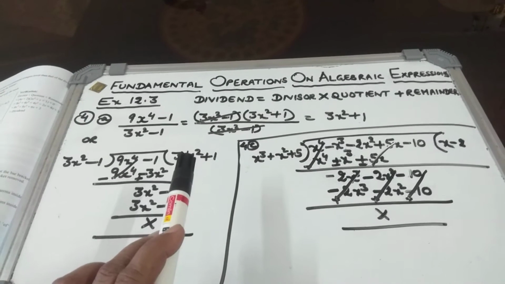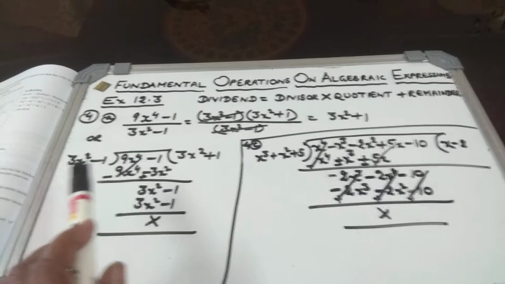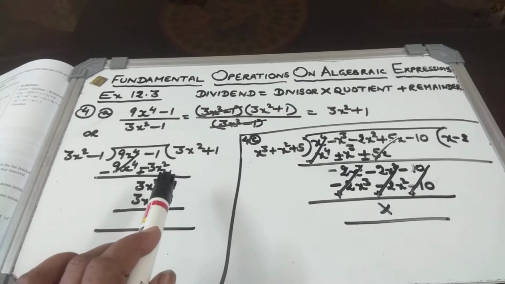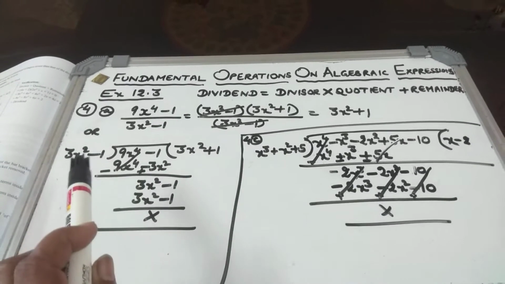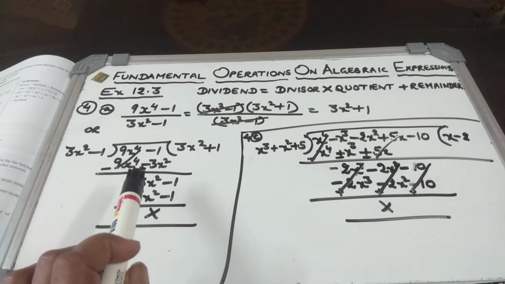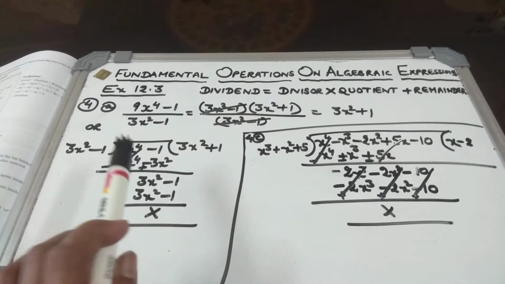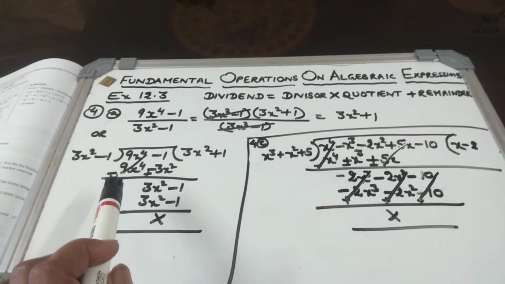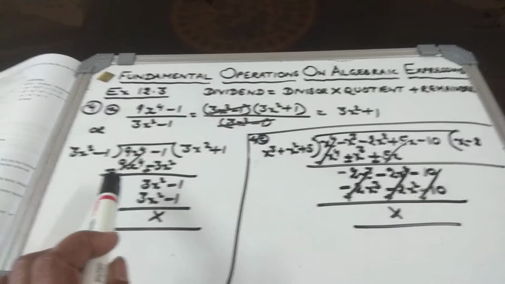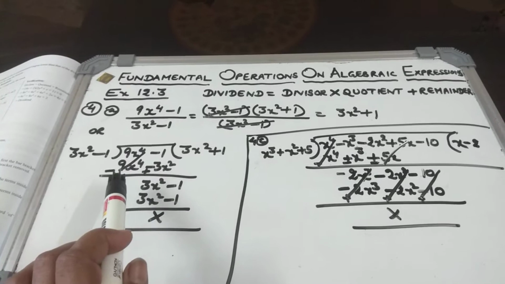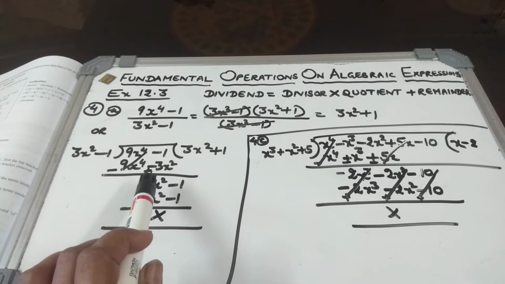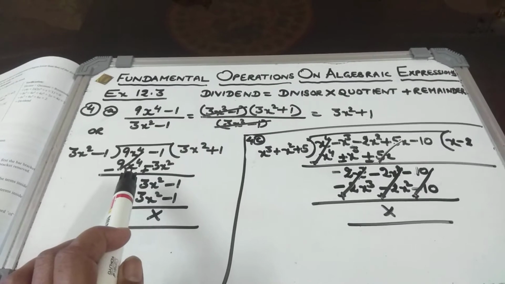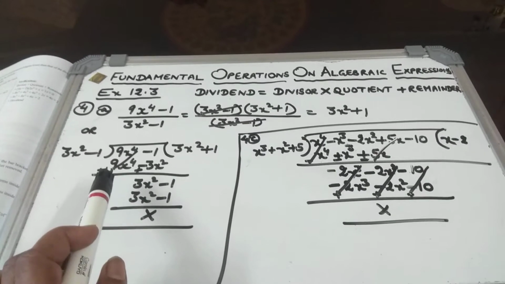Now this quotient will multiply both the terms, not only single term. So 3x square minus 1 becomes minus 3x square. 3x square into 3x square will become 9x to the power 4. And obviously when you subtract in division, you have to do this. You know in number system you have learned the procedure. So signs will change. This minus sign here and this will become plus. Now this gets cancelled because 9x to the power 4 minus 9x to the power 4 is 0. We don't write 0 usually.